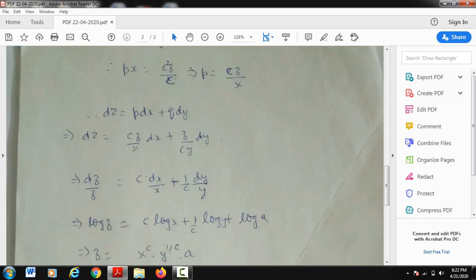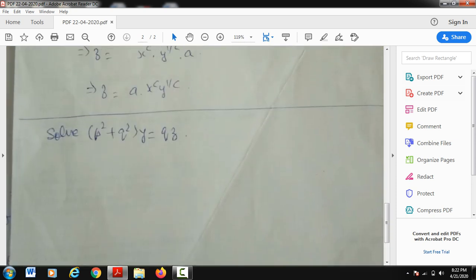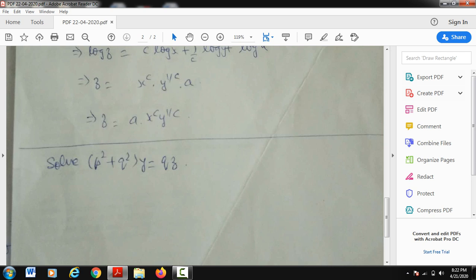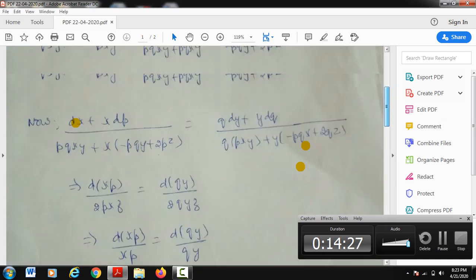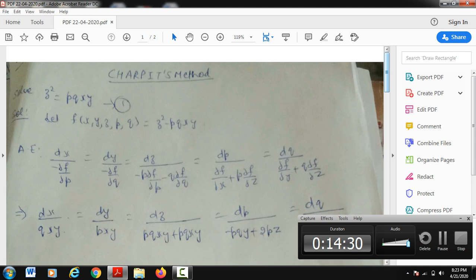For your practice, I have written one more question. Please try it yourself with pen and paper, and if you are unable to solve it, you can ask your query. I hope the content of the lecture is clear to you. Please go through this method because it is very important from the examination point of view. If you have any doubt or problem, please ask your query through phone call, WhatsApp, or my email ID.